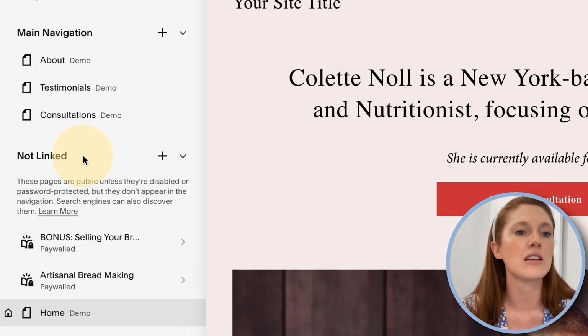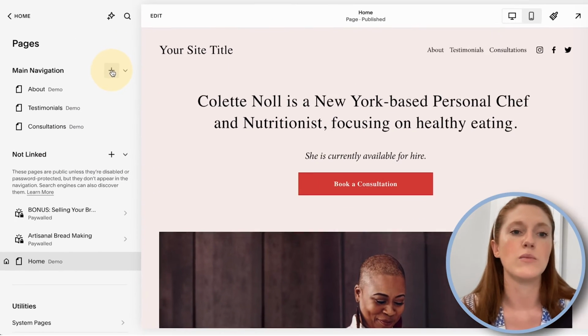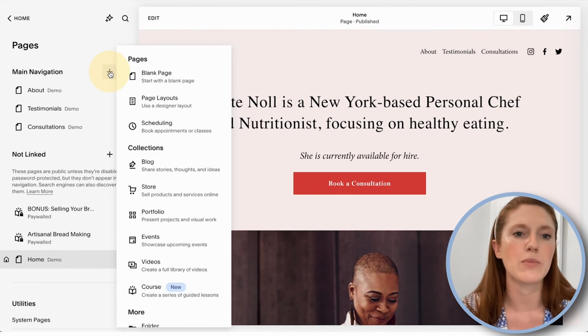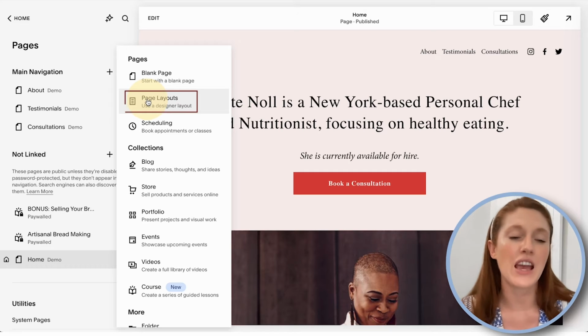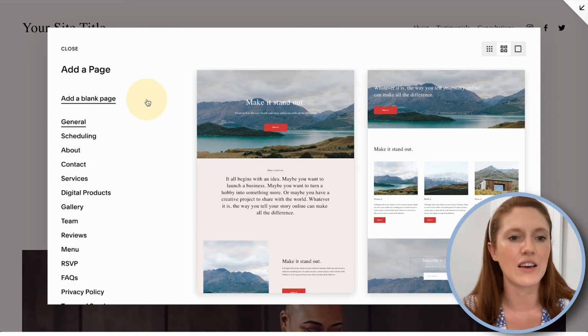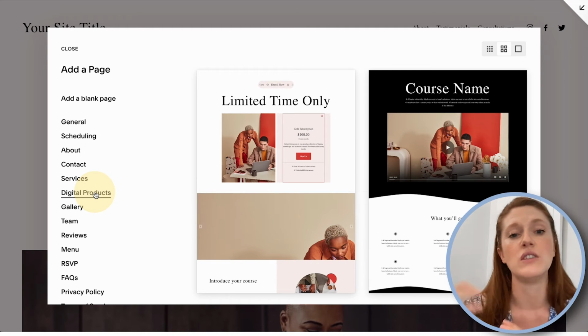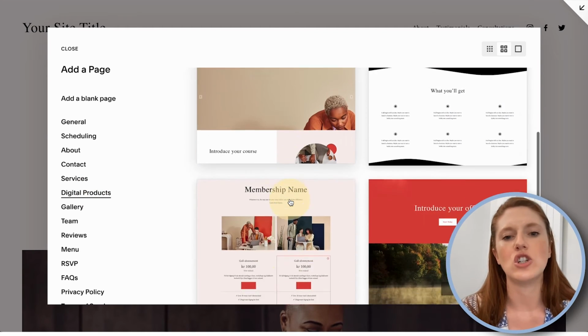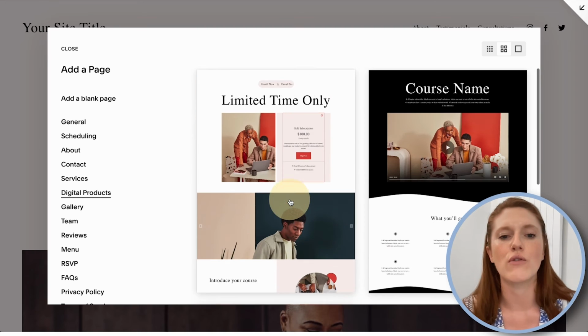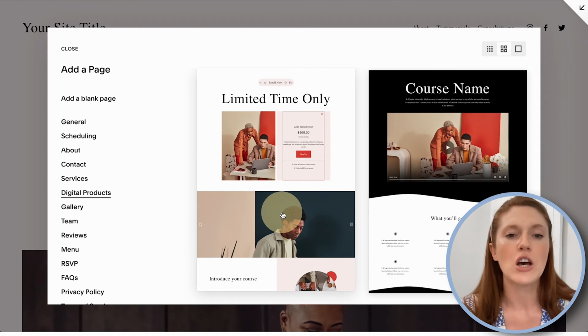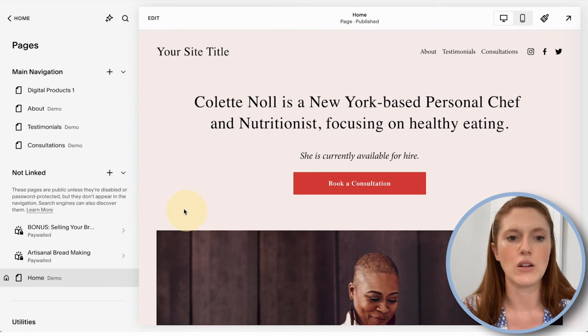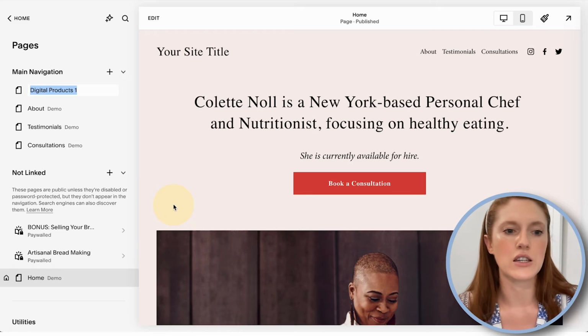Actually, you know what? Let's put this in our main navigation because we want people to see our sales page. So I'm gonna click the plus button. I'm gonna go to page layouts because they've just added something lovely, and that is a digital product demo page, which is sort of like a starter for a sales page pretty much. So I'm gonna click on this example layout, and we're gonna call it,